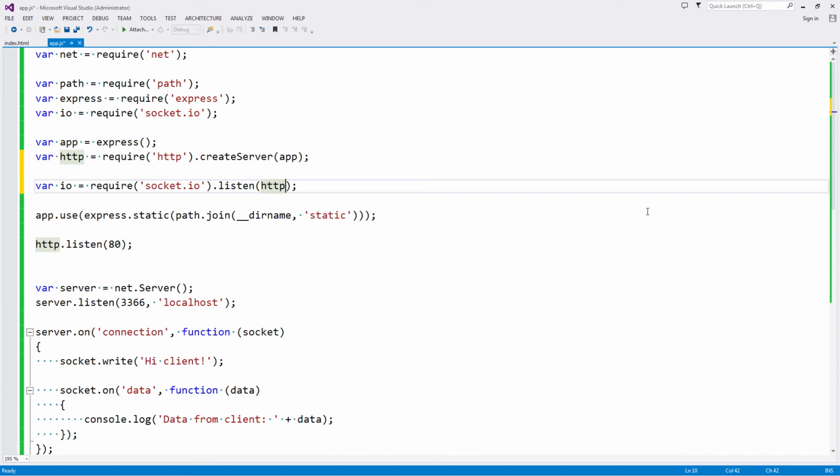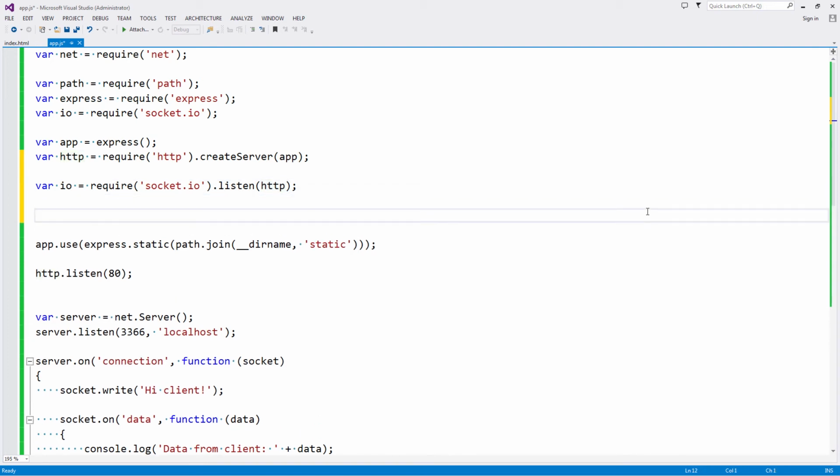And here you can now listen to connections and also to data. And what you of course need to do is you need to come over here and listen for individual connections, so you can listen on the clients for individual data. So you need to say connection and function,